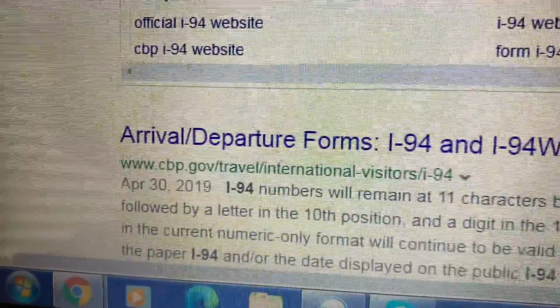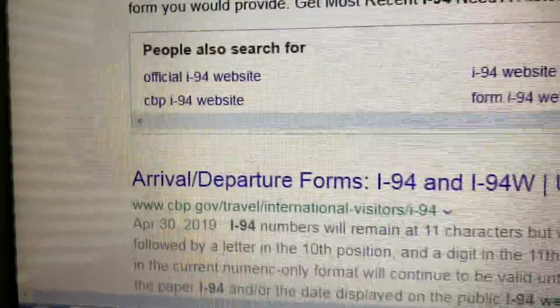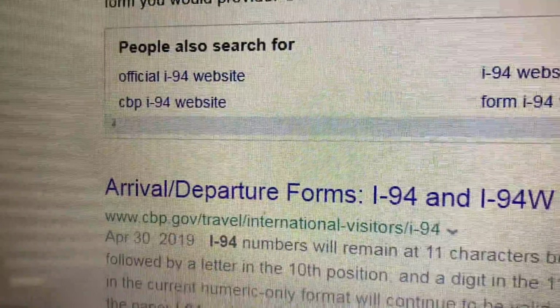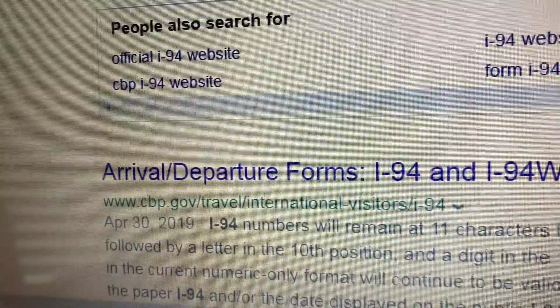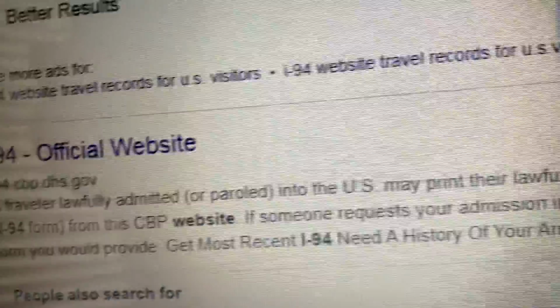I will show you, but I have to cover some part of it.